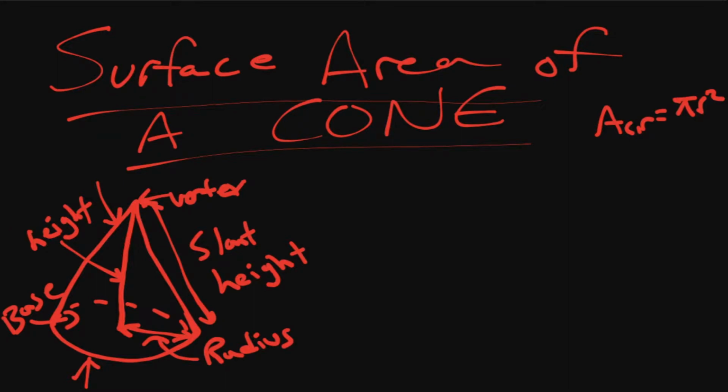So if you can picture it, or not even picture it, if we look at this slanted area, we refer to it as the lateral area of the cone, referring to the side area of the cone. So like this area right here, going all around. So the lateral area